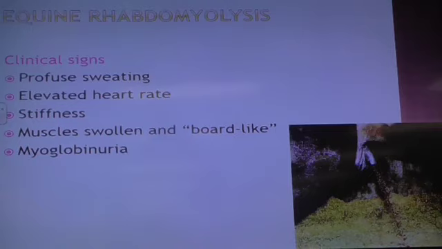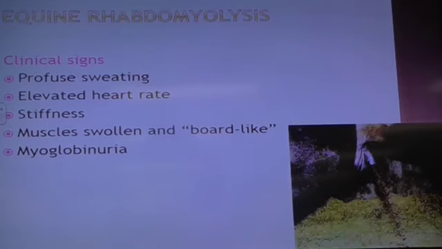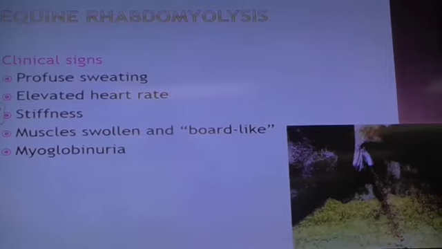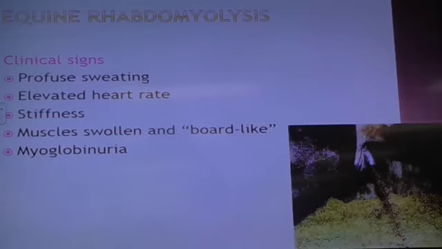All right. So those are your typical presentations that you'd see with this disease. What would be on your differential list for any discoloration of the urine? Very good. Intravascular hemolysis. And why is that? So you have blood being destroyed